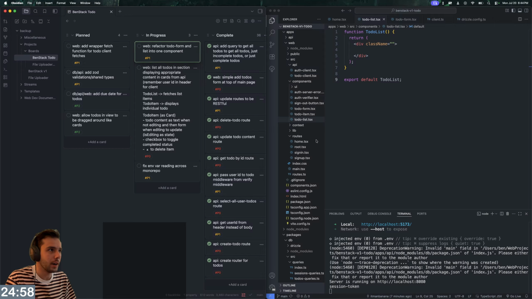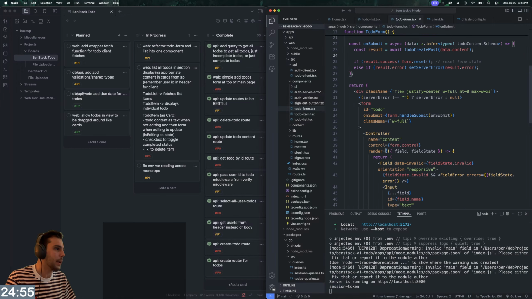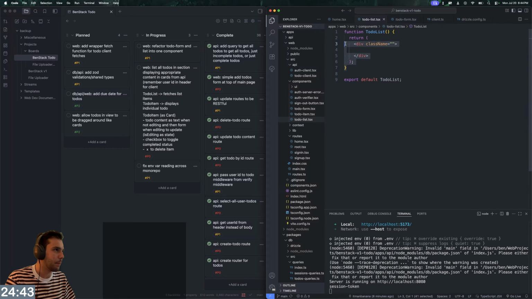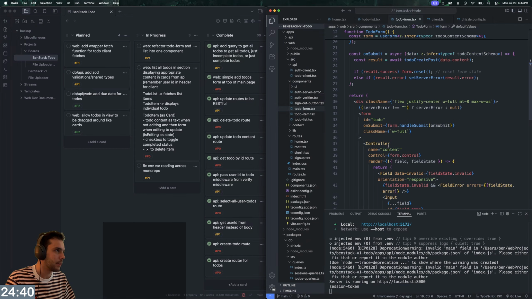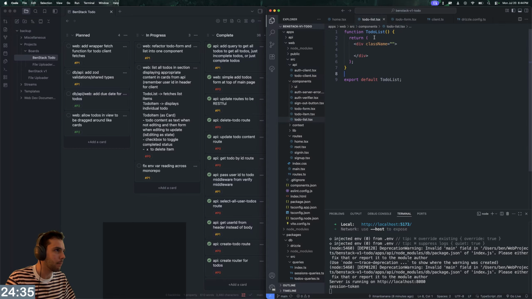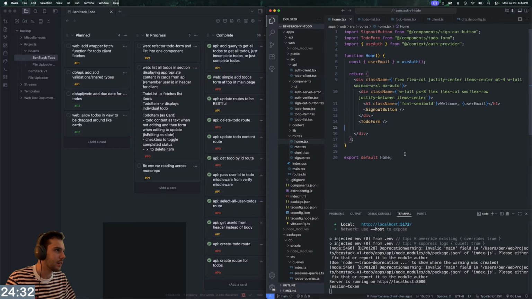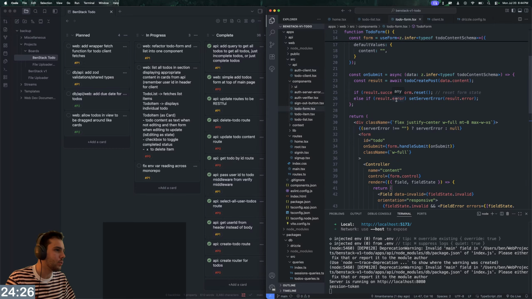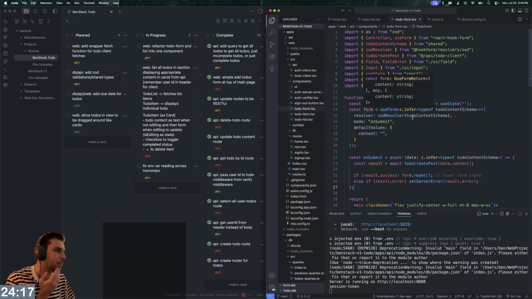So I'm gonna work on the to-do form and refreshing a list of to-dos, right? So we have our list of to-dos, and I didn't really want to separate out the logic for actually rendering the list of to-dos into a separate component, because I want to have some sort of, maybe this is a case of a context of some sort,